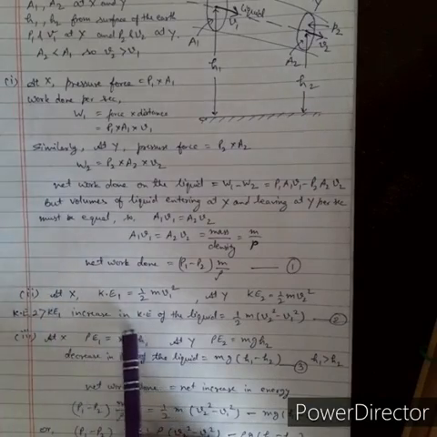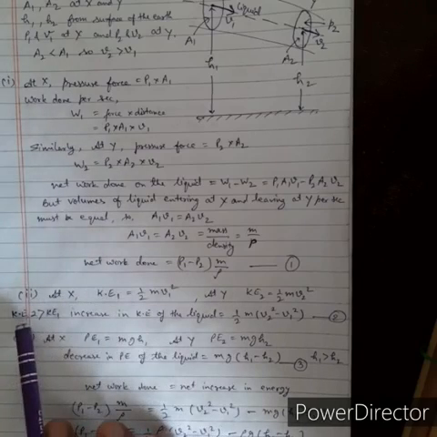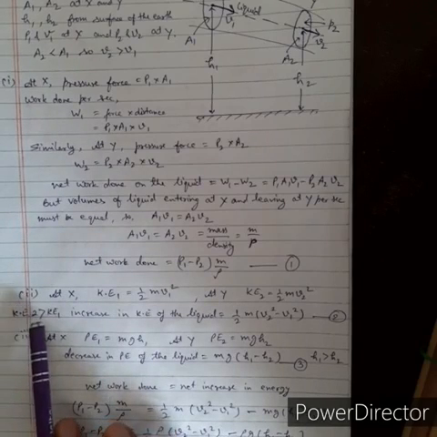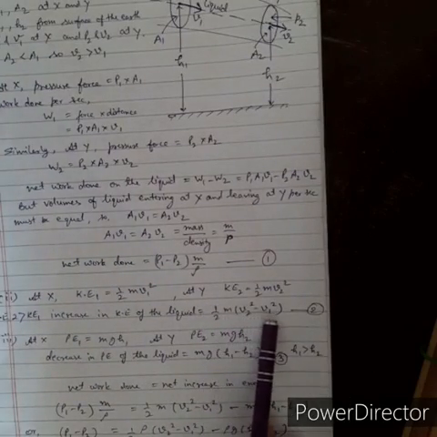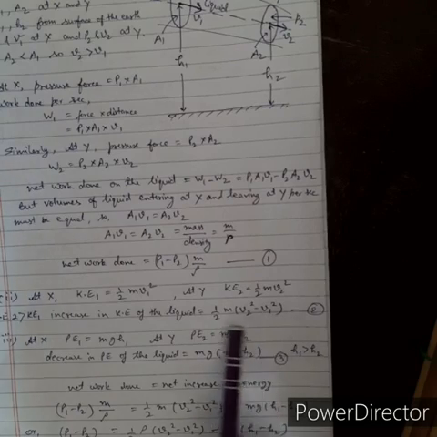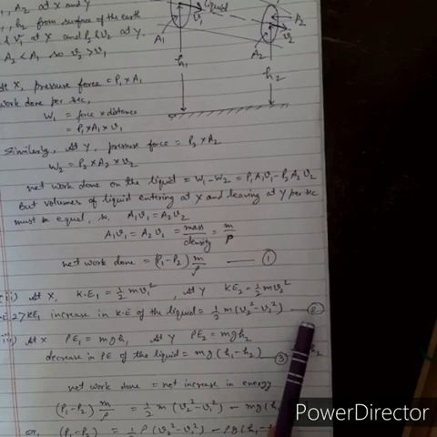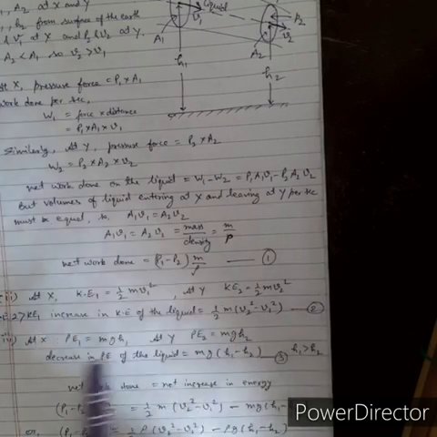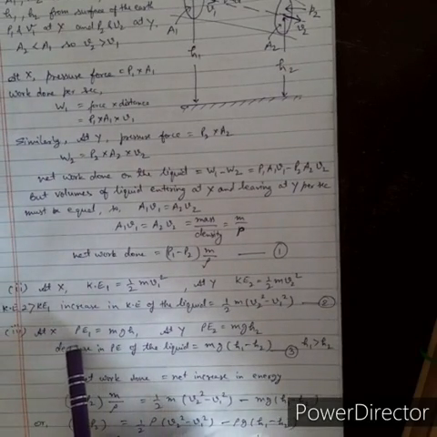So that means the increase in the kinetic energy of the liquid is KE2, that is kinetic energy second, minus kinetic energy 1, so it means half m (v2 square minus v1 square). So this is also the increase in the kinetic energy of the liquid that I have written as expression number 2. Again I am just going to calculate the third part, that is your potential energy.